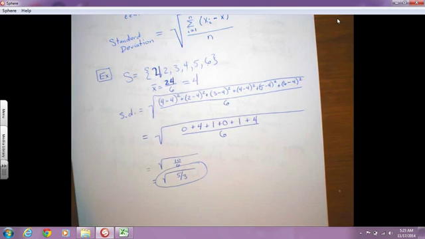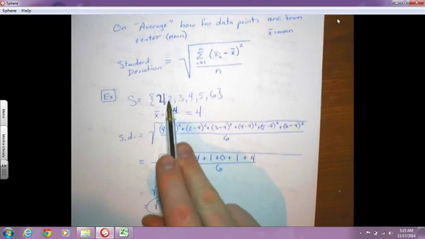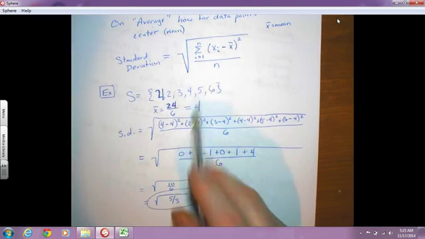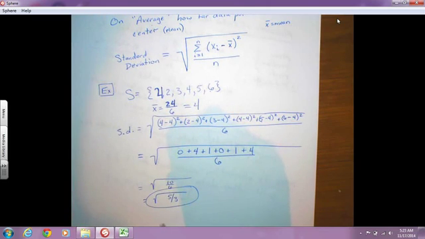So we have a standard deviation, which means that on average, each of these data points up here in our data set is the square root of 5/3 from the mean. Now, 5/3 is a little bit less than 2. And the square root of 2 is like 1.3 roughly. So we're a little bit less than that. So on average, each data value is a little bit more than 1 away from the middle, which seems to